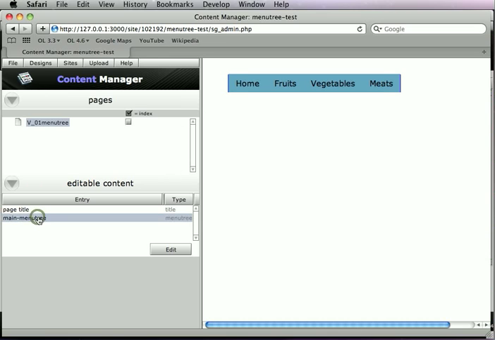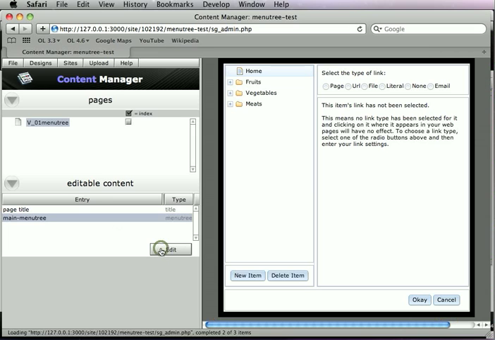So for example, I've deployed this little page we were working on before to the Content Manager, and I can see the Menutree listed now as one thing in the editable content section. And when I go to edit it, I have a full editor here. I can set the links on each item, just like I could for a regular menu. But I can also control the hierarchy, and I can do things that I just really could not do any